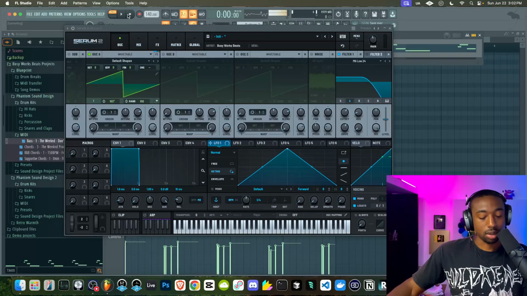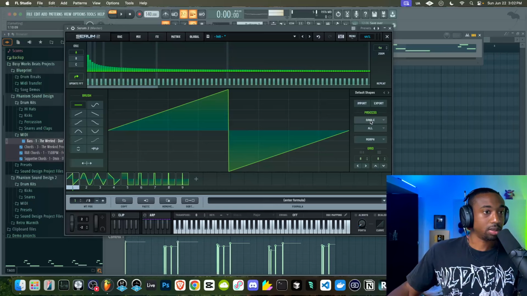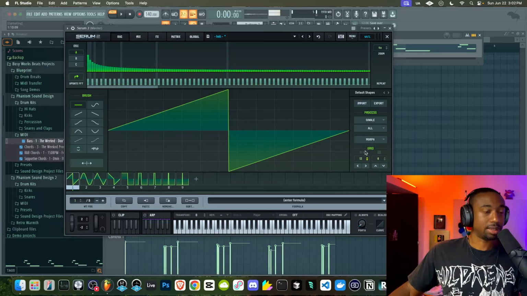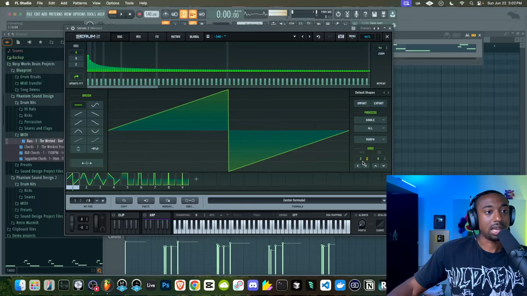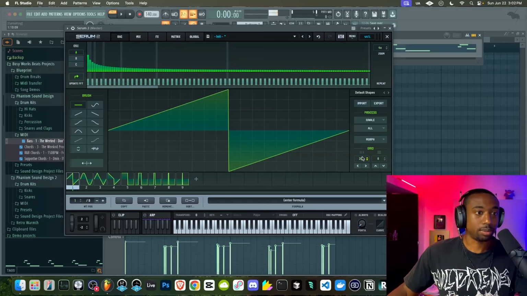Now the thing about analog is that it's not super pointy in the waveform. So let me kind of jump ahead a little bit. If you go to the pencil tool here, we can go to where it says single process, but before you even click single process, we want to change the grid size. So depending on if you want it less detailed, go down in size. If you want it more detailed, go up in size. So smoother means going up.